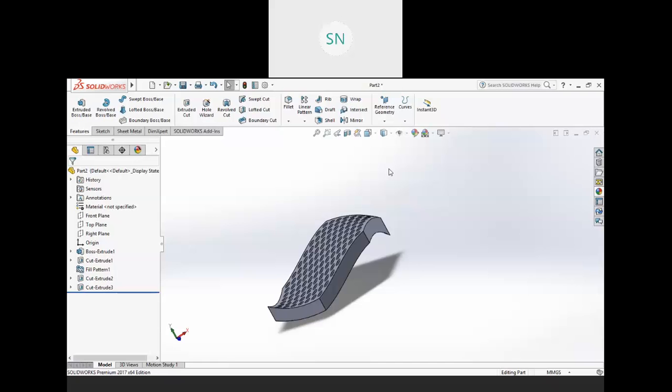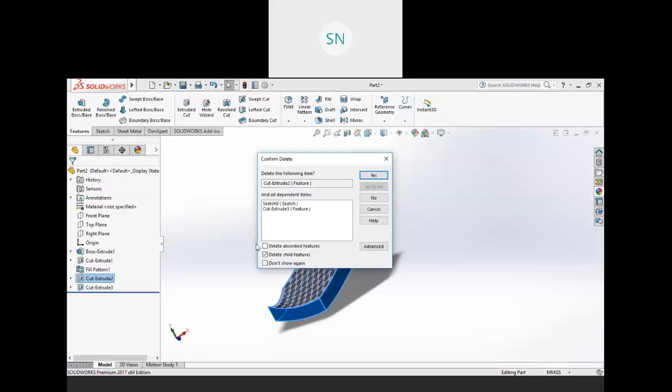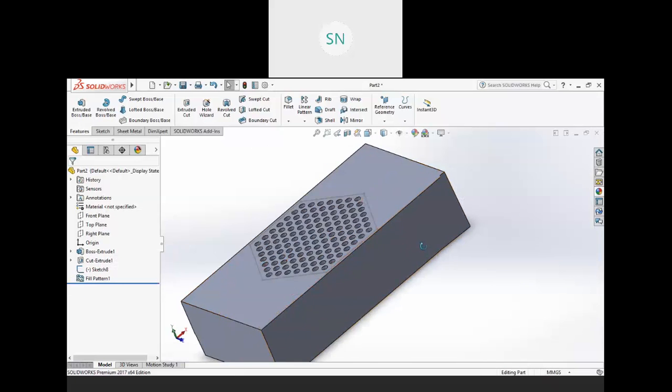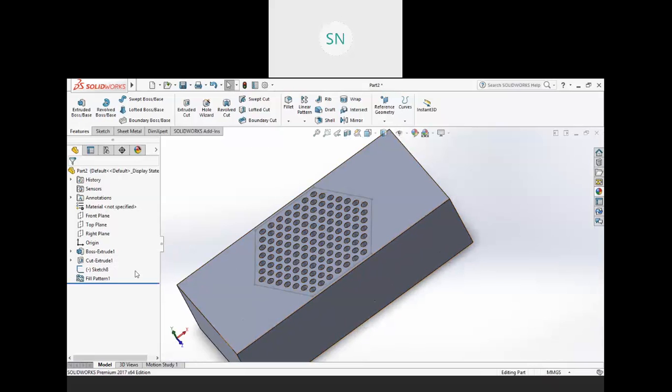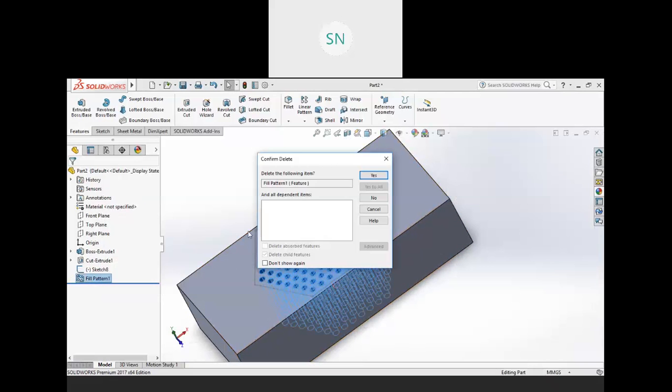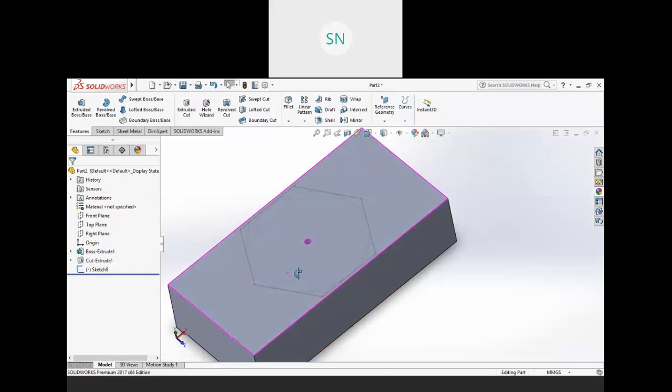Okay, no problem. I will repeat it for you. Fill pattern is very simple. You need two things: your feature, whatever feature you want to fill, and a boundary inside which you want to fill, right?